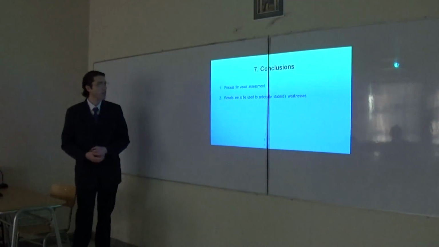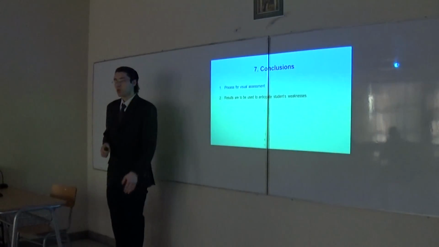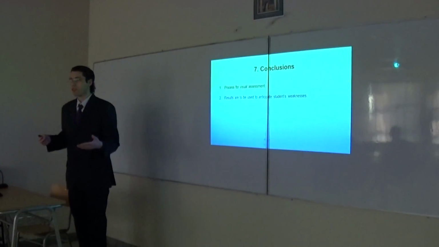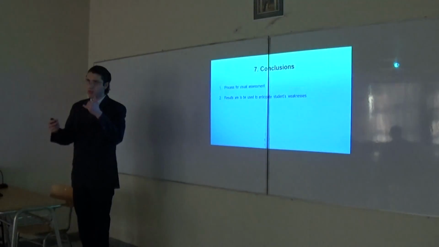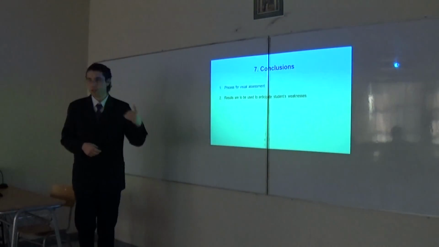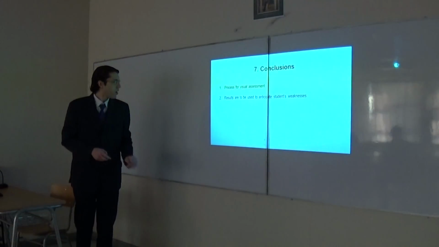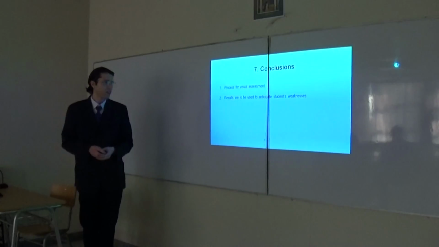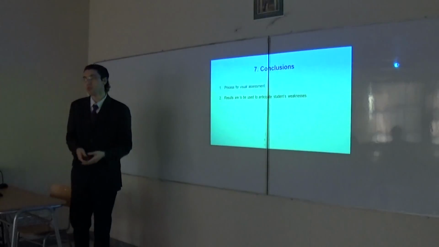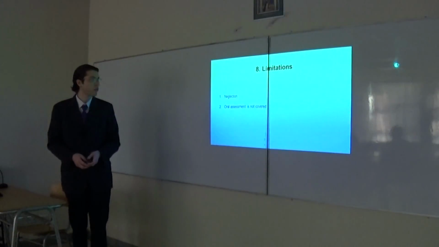And well, the conclusions in this case are the process for visual assessment. I want to check what the results will be in the field of visual assessment, which covers 2 of the 4 skills in education, the other part being oral assessment. And this is another limitation that we mention in the next slide. And results are to be used to anticipate students' weaknesses. This is information that teachers should use to make better decisions on creating materials and classes.